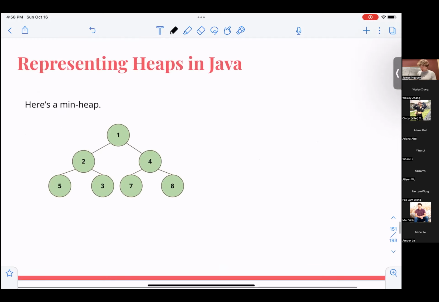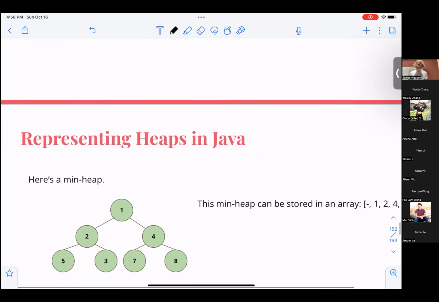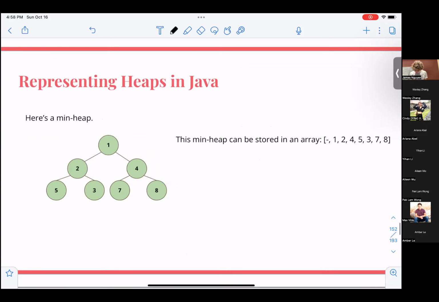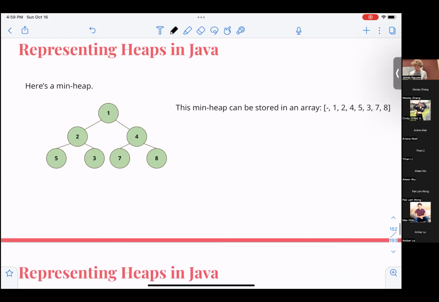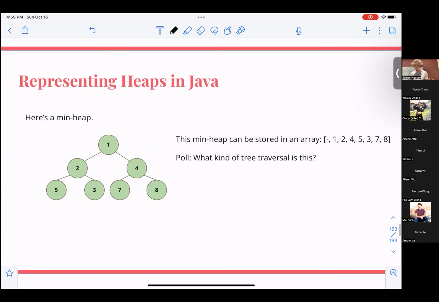Great. So how do we represent heaps in Java? Well, essentially, we just put them into an array and we set a couple of rules for indexing. Let's zoom out just a little bit. There you go. So why is that first, or the 0th, element x'd out? Well, essentially, we have to have this in order to be able to index through with these rules. Oh, before we get to those rules, though,